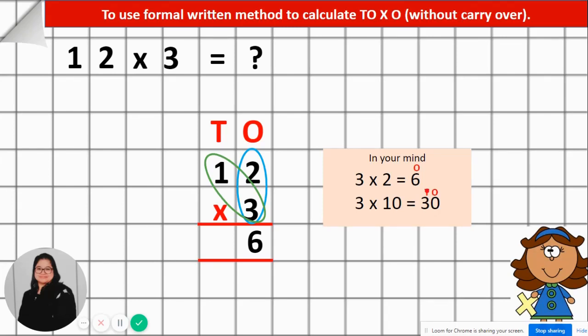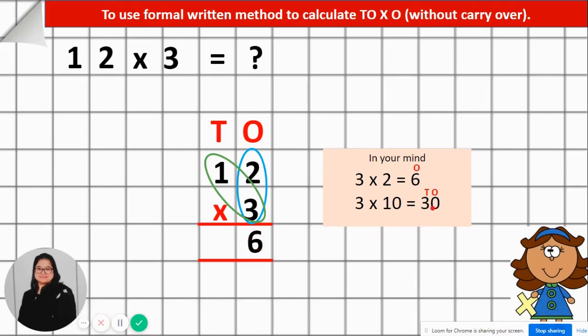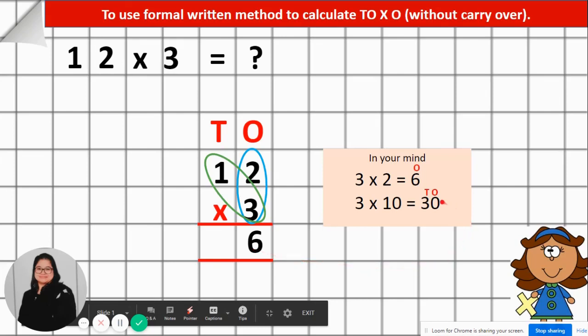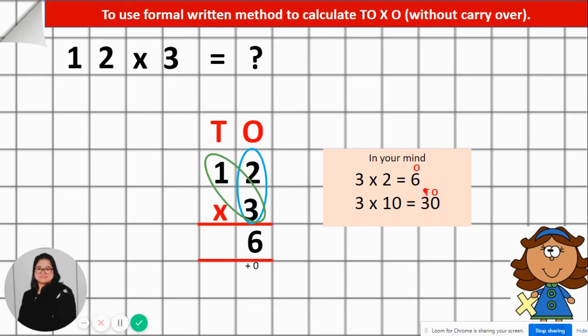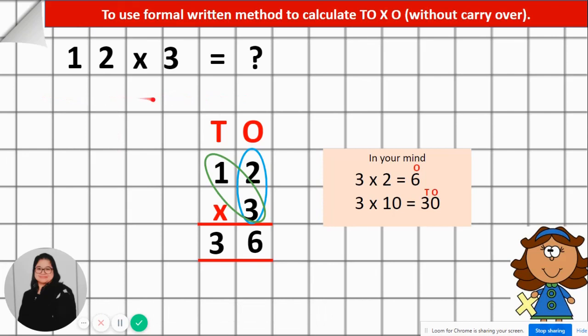So what do I do? My ones place is already occupied, so I have to add this number to this. What is this? It is 0. So anything added to 0 will give me the same number. So when I add 0 to 6, my answer is going to be 6. That is why here my number is going to remain the same. What about 3? 3 is in the tens place. So I'm going to write it in the tens place over here. So 12 times 3 gives me 36. Now we already knew the answer to this.